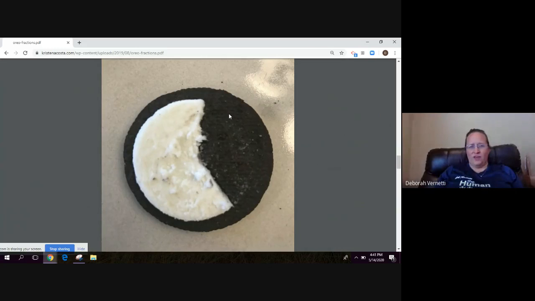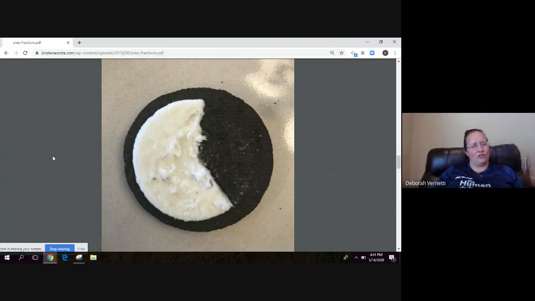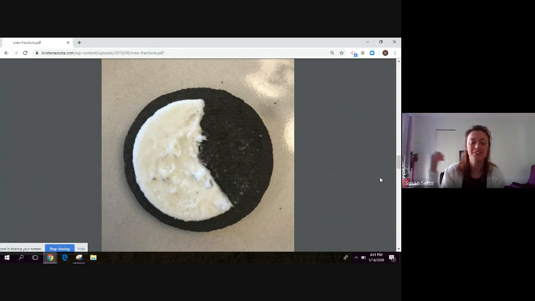So there would be 1/8 here and 1/8 here and 1/8 here. If there are 3/8 missing, Miss Secor, could you figure out with that information how many eighths of frosting is still left? Well, 8/8 is equal to 1 whole, and if I took away 3/8 from 8/8, I'd be left